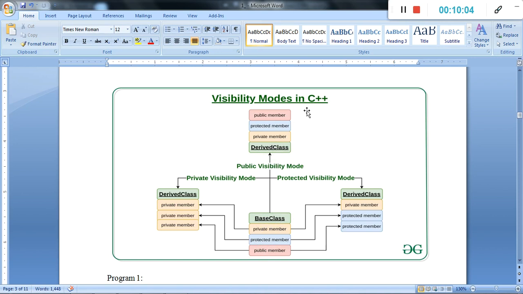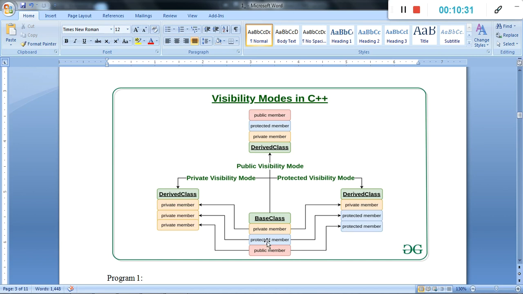Public members are accessible under the derived class. If it is protected, then the private member of a base class is private, and the derived class cannot access it. The protected member is accessible under the derived class. The public member is again protected under the derived class.